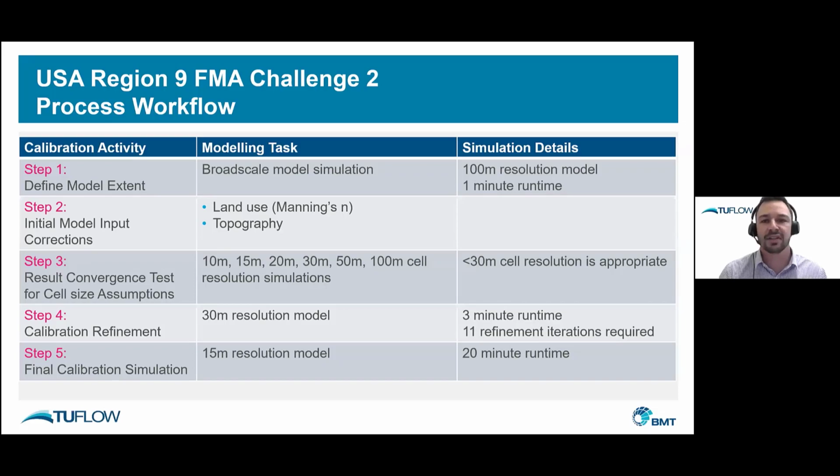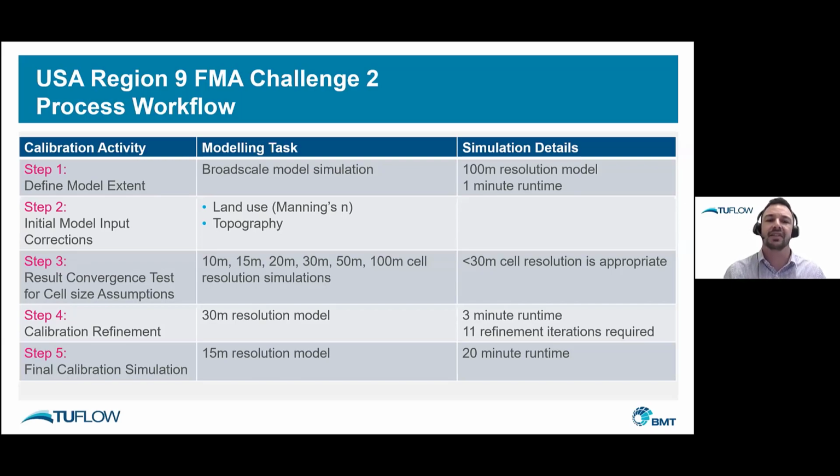This was the modelling process I took. Step 1, I just created a broad scale model at a really coarse resolution. The purpose of that was to get an idea of what my inundation extents were. That would then tell me where I should be spending most of my time fine tuning and looking at the data. If something's going to be dry, why would you go out and look at land use and whatnot in those areas? So once I knew the general flood extent, I used industry standard values and definitions to set my land use and topography.